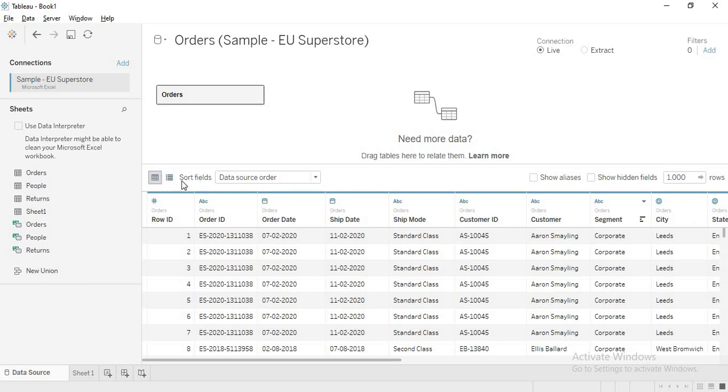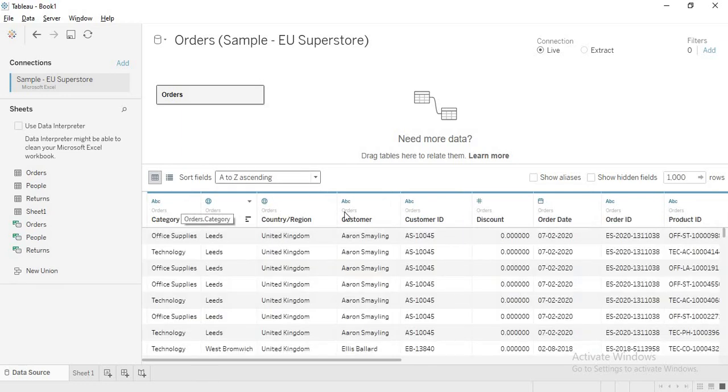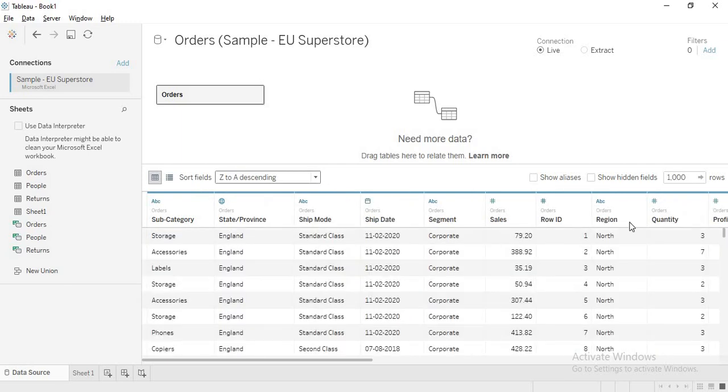So this is what these two buttons are. And sorting fields, these sorting options are again about the columns only. It will not sort the data within your column. It will sort according to these column names. Now when I say A to Z, these columns will be arranged in ascending alphabetical order, and Z to A, in descending order. And if you join more than one table, you can do A to Z ascending per table. So first one table is ordered and then the other table, and so on.